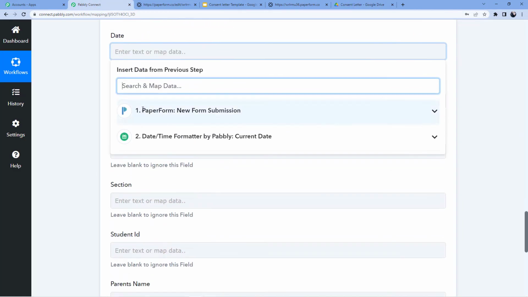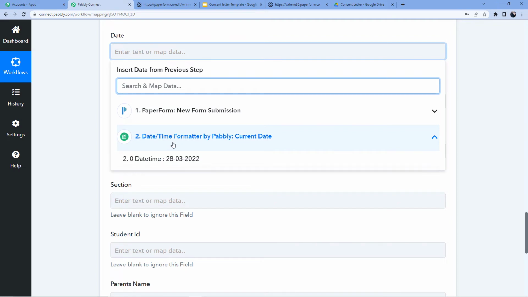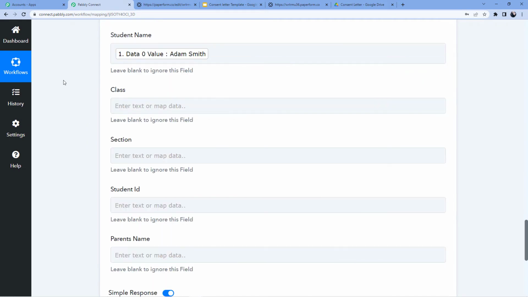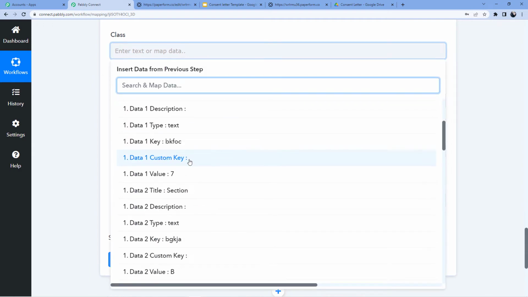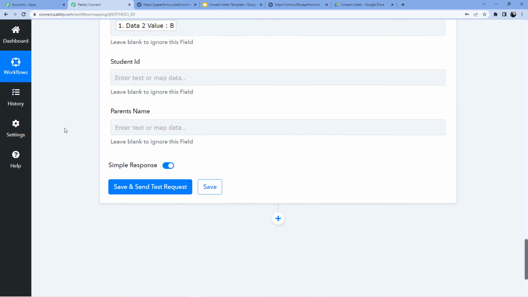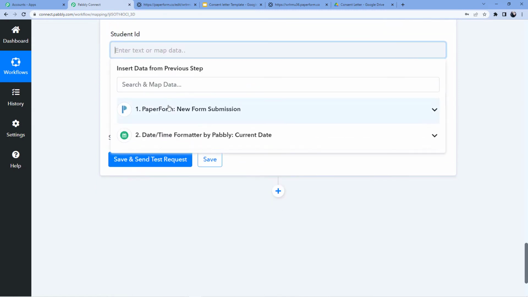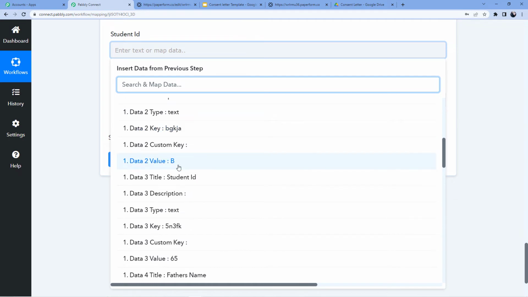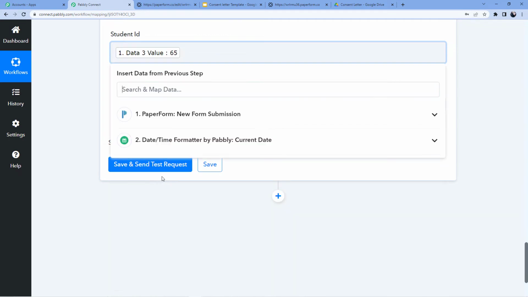Date, I am going to map in the date from this date time formatter. Then student name, Adam Smith, class 7, section B, student ID. Again, we are going to put 65. Student ID is 65.